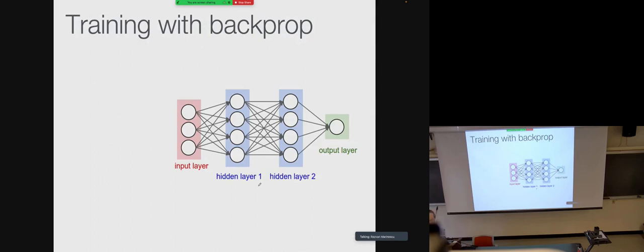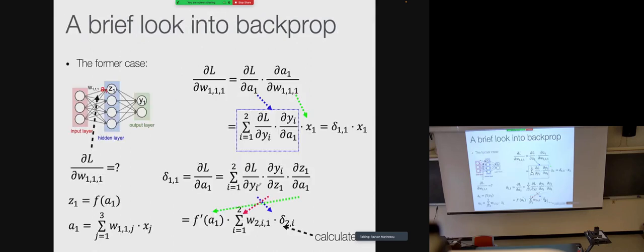So how do we train with backpropagation? While we're doing this whole math, we have a way to compute the gradient of L with respect to the W's. This is really a big takeaway I want you to take. Even before you try to understand all the math, we always try to compute the gradient of a loss function with respect to these weights. These are the parameters that we have to estimate in the learning task. And all this gives us is a way to compute this term. All of this math tells us how it ends up, but we have a way to compute it efficiently and fast.